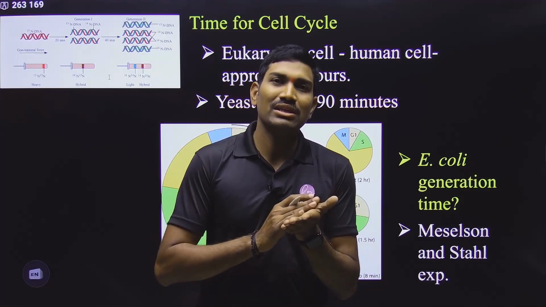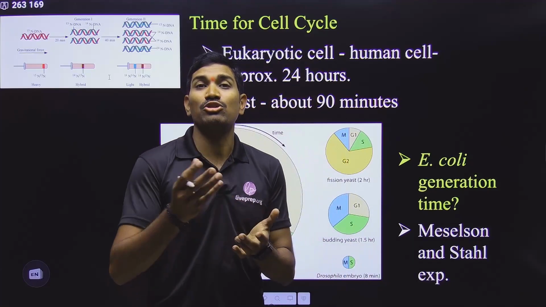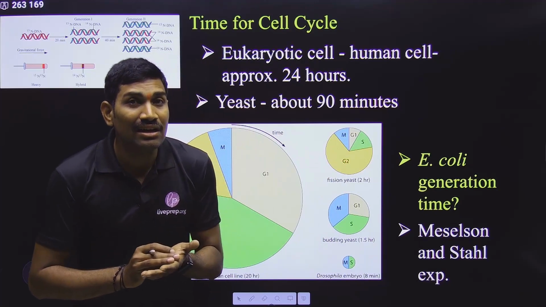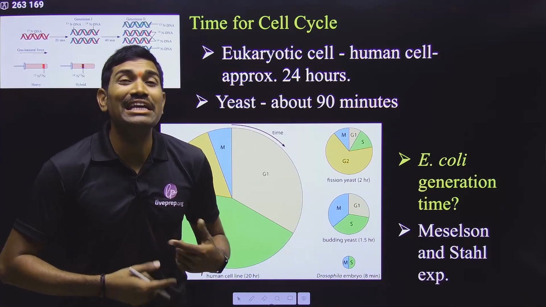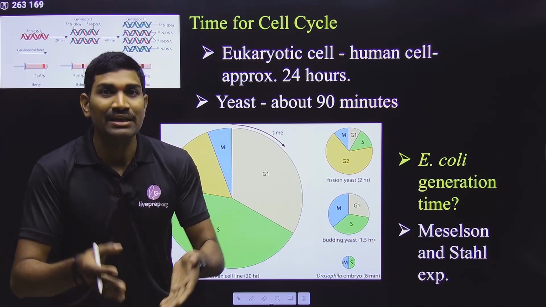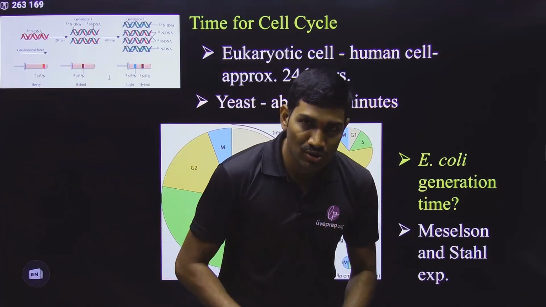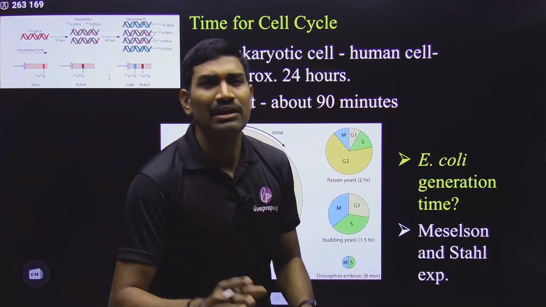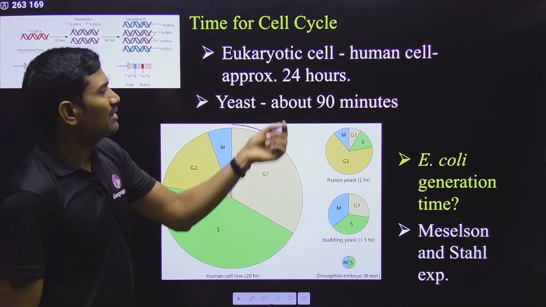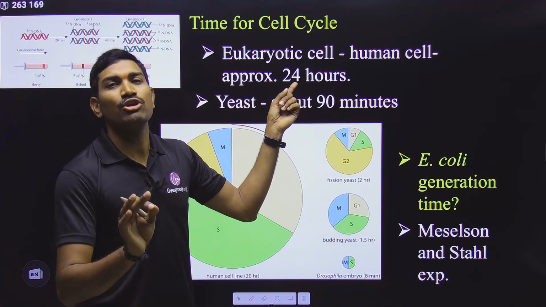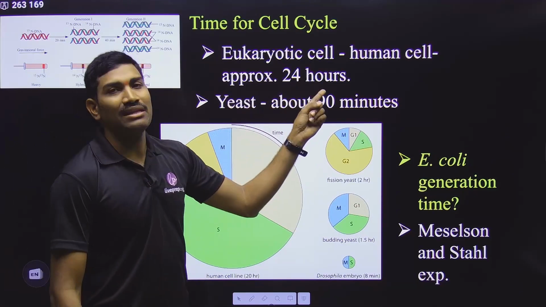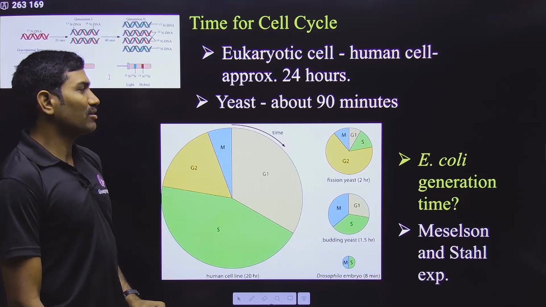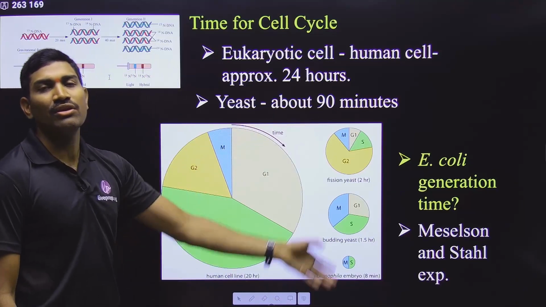In the stomach also there is a lining, and those cells, because of the HCl activity, are continuously damaged. So the cells have to be replaced very quickly. That's why even in a single organism, in different locations, cells will have different generation times. But for study purposes we need to take one. So here we are taking the human skin cell as an example, and there it takes 24 hours. Clear? Next one, regarding the yeast,